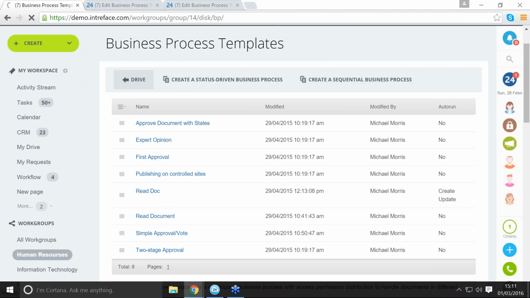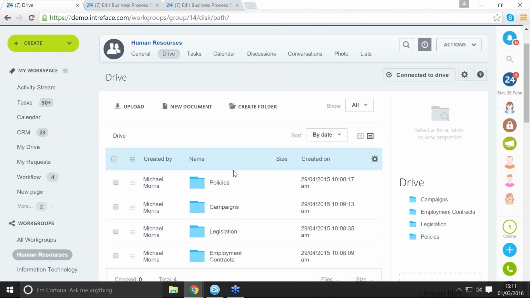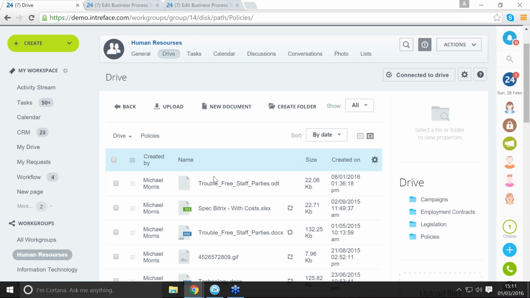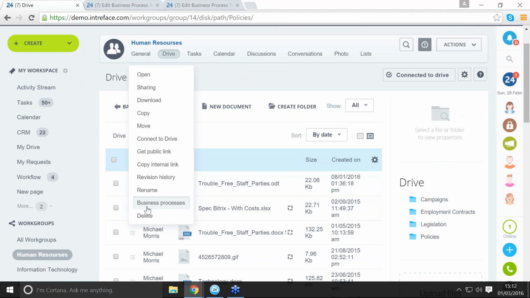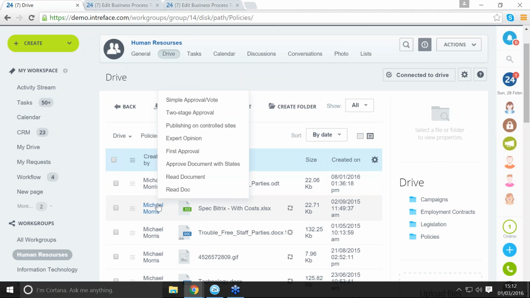Okay. So to run a business process in a document drive, it's basically, if you go into find a file, and then you can see here, and click on business processes. You can see here the list of business processes to run. So if, for example, we clicked on two-stage approval,